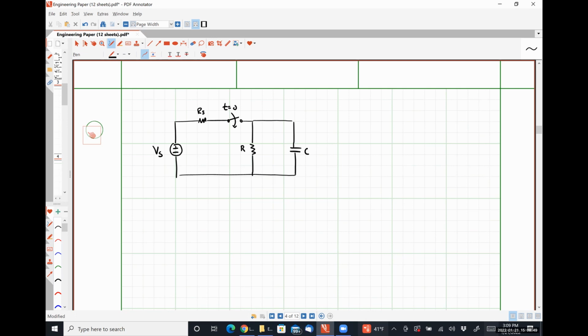When the switch closes, the capacitor is going to slowly start to charge, and that rate of charging is dependent on the time constant of this new circuit. And then at a very long time, t equals infinity, let's call it, the capacitor voltage will settle to its final value, which in this case,